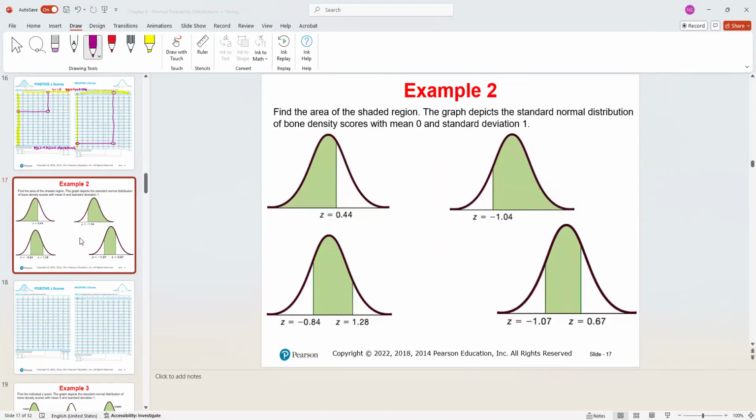Okay, now this is it. On the left, go in the table, 0.44. So they said on the left. You see, it's on the left side. So probability that Z is on the left of 0.44. What do you find in the table for